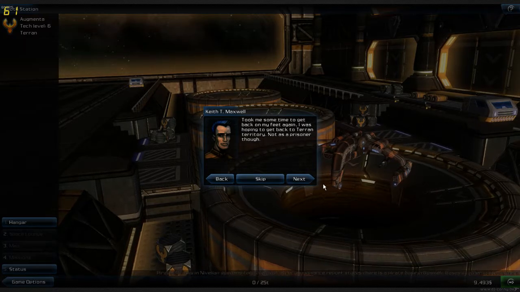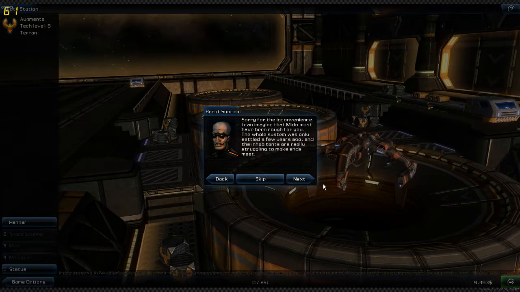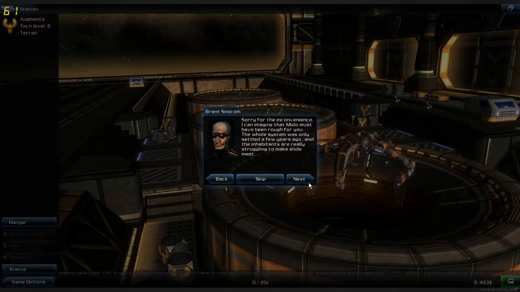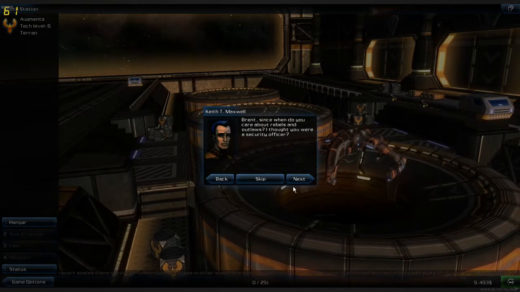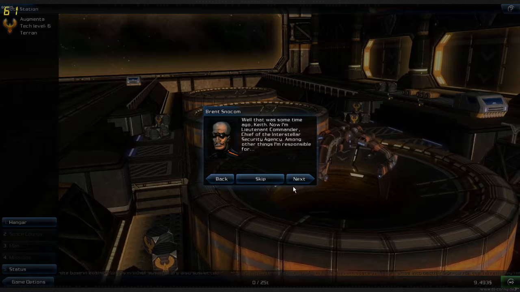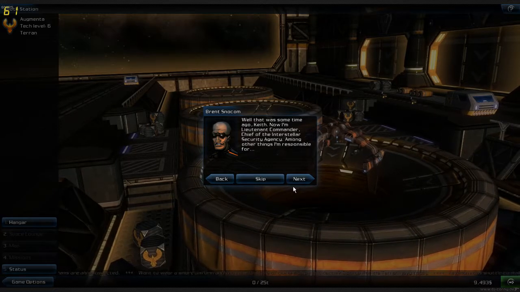Took me some time to get back on my feet again. I was hoping to get back to Terran territory. Not as a prisoner, though. Sorry for the inconvenience. I can imagine that Mido must have been rough for you. The whole system was only settled a few years ago, and the inhabitants are really struggling to make ends meet. Brent, since when do you care about rebels and outlaws? I thought you were a security officer. Well, that was some time ago, Keith. Now I'm Lieutenant Commander, Chief of the Interstellar Security Agency. Among other things, I'm responsible for...